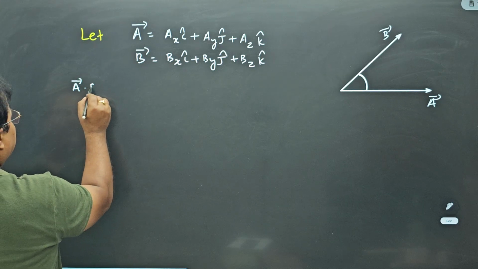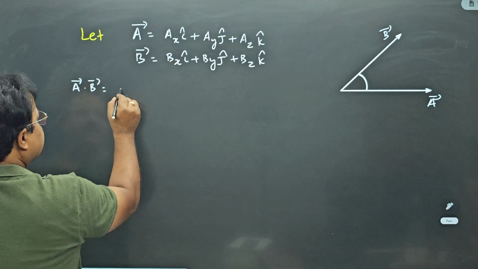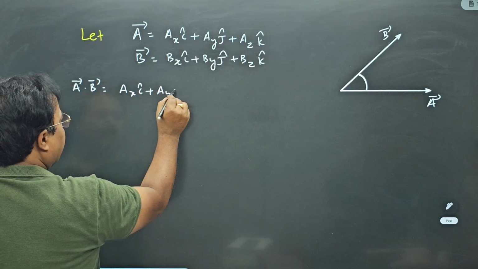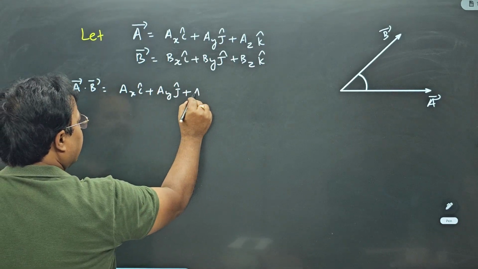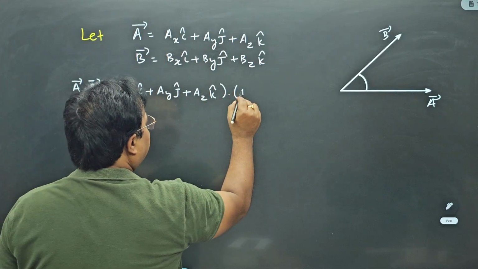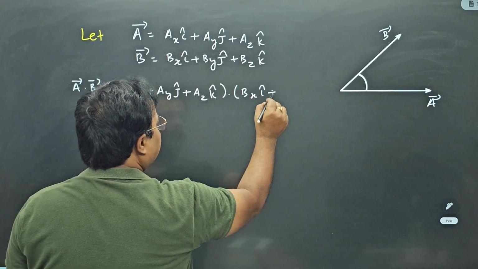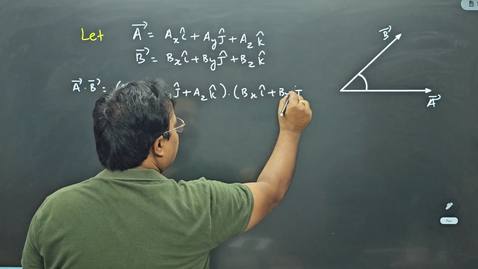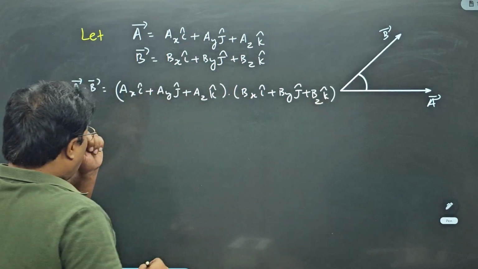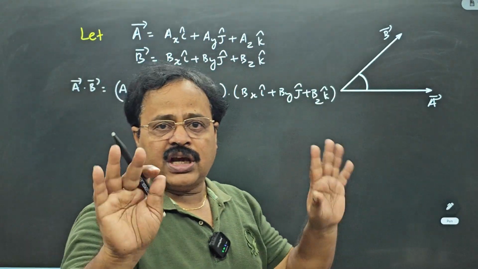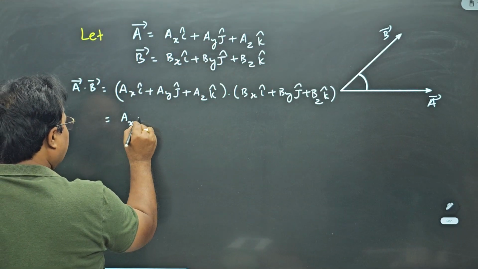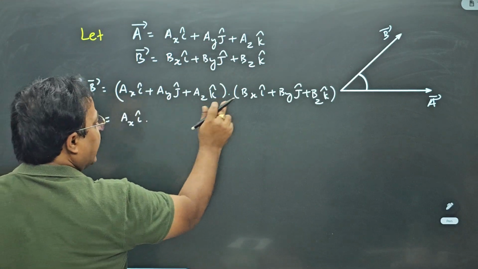What is A dot B? You see, A vector is Ax i cap plus Ay j cap plus Az k cap, dot product of Bx i cap plus By j cap plus Bz k cap. Okay, my dear students, you find the dot product as you multiply. You see how I am doing it. What we'll do right now: Ax i cap dot Bx i cap,